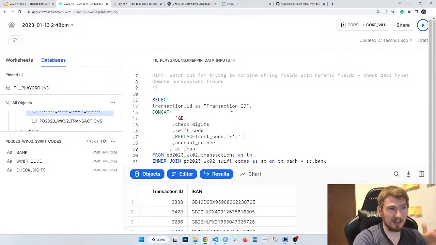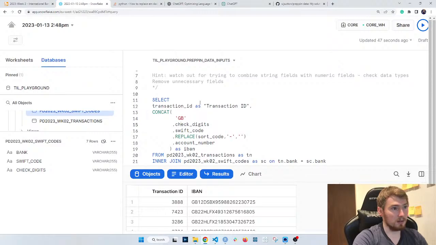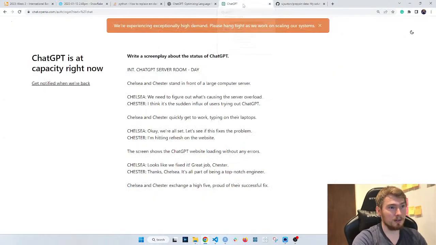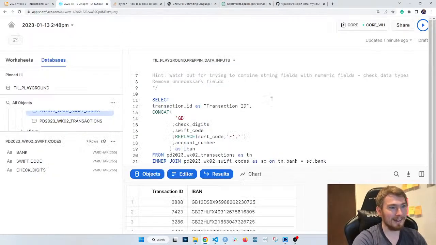We also did a bit of tidying up for the end. We changed the transaction ID using double quotes to make sure that we got this alias in there properly. That was it. And I just spaced this out onto individual lines just so it's a bit easier to read. Okay, and that was that in this case. I didn't get too stuck on this at too many points. I think the first one was the only one, in the case of the Python.